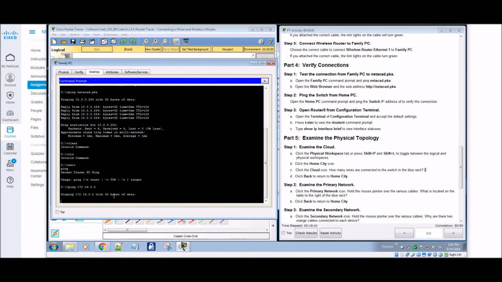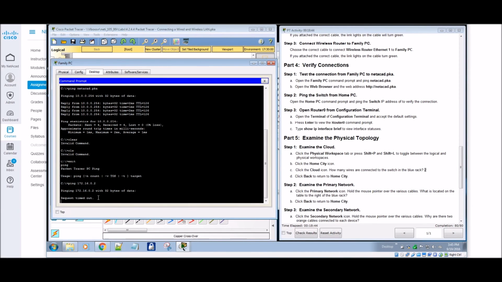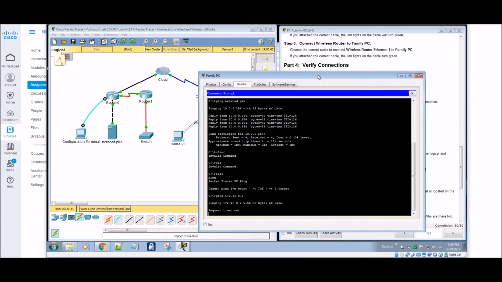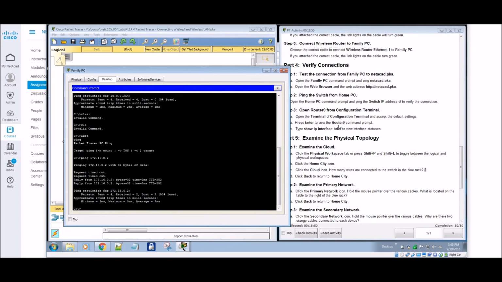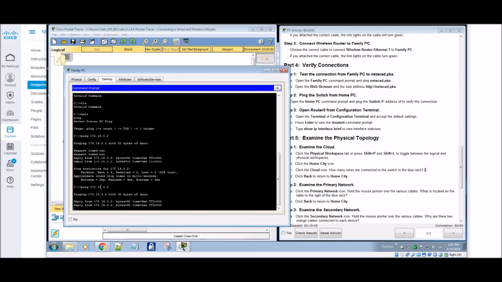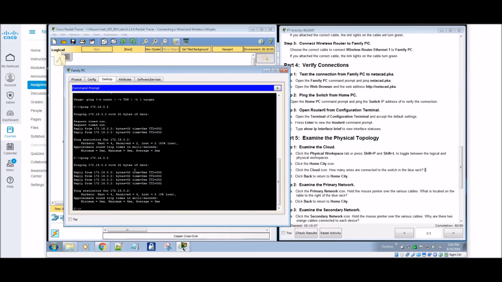0.2. And we're pinging. Do we get anything back? It requests timed out because we're not able to ping through the cloud to that actual switch. We don't actually see that ping through there. But we should be able to see it. Hold on. Oh, yeah, there we go. It did come through. The first two timed out. Now if we do it a second time, it should go through faster. There we go. In Packet Tracer, sometimes it has to build the tables, so you just have to be a little bit patient with it.